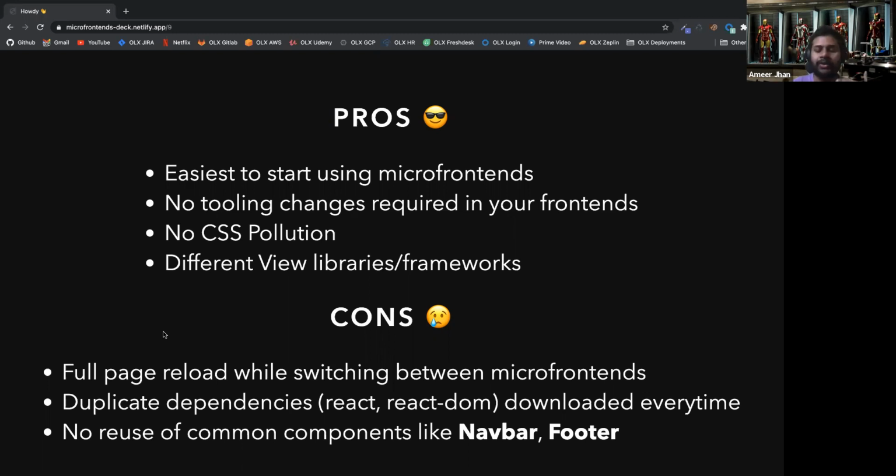You can argue that you can use service workers. Yes, you can. It's one way of getting around duplicate dependencies. Even in that case, let's say two teams use different versions of React, then they are obviously going to download it twice. One way to get around it is to put in a service worker and cache all your dependencies. But service workers are a huge beast. They require a lot of handling. But yes, you can get over it with service workers.